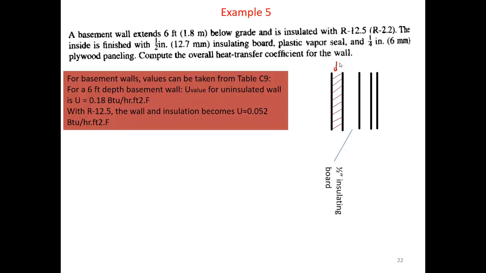We have a plastic vapor seal, and then we have quarter-inch plywood paneling. Compute the overall heat transfer coefficient for the wall. So first we need to find for the basement wall, which has an insulation of R